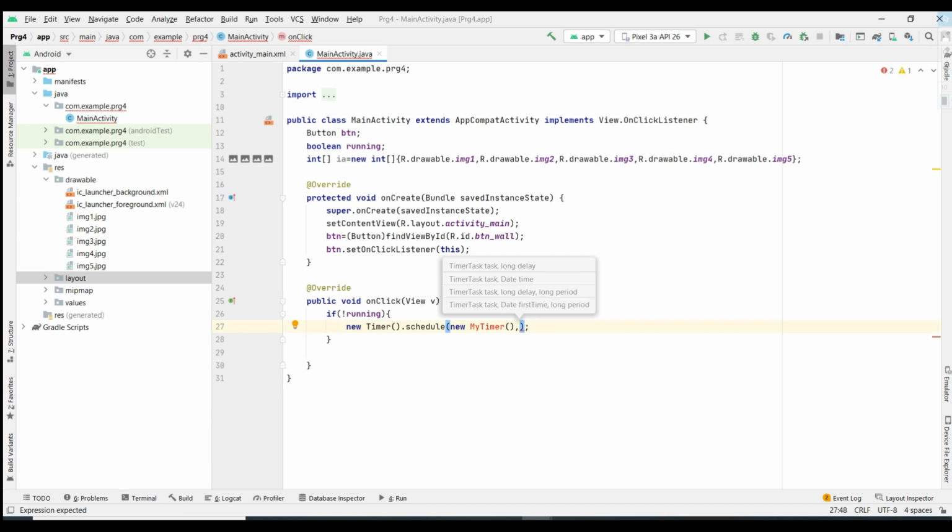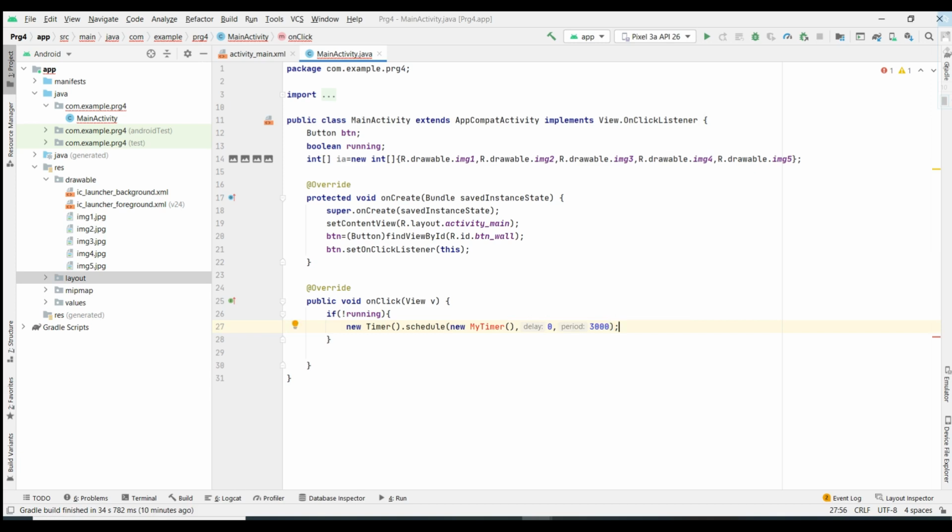Since we have taken three parameters, one is the timer task and another is the delay. I don't want a delay, so I'm giving it as 0. Then what is the time period? It is nothing but how long it should run, whether 30 seconds or 3 seconds. I'm just giving it as 3000, which is in milliseconds.